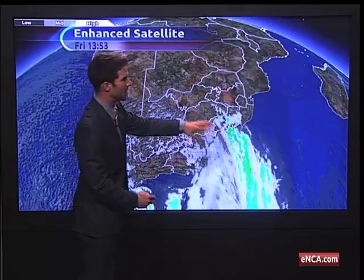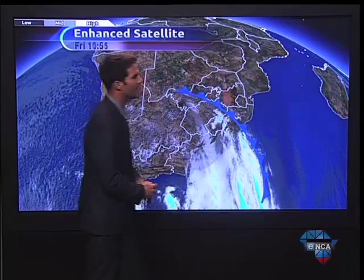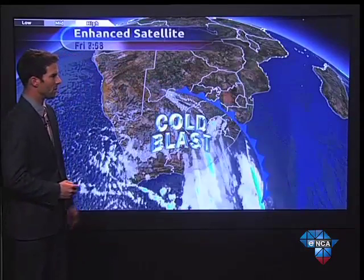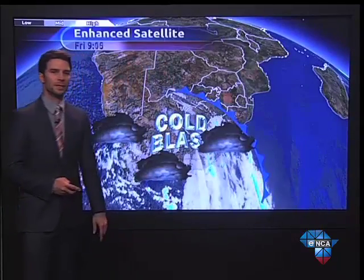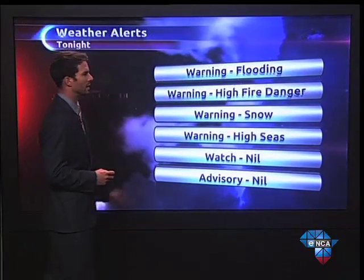And this leading edge of cloud cover actually is a great indicator where our cold front is located. And behind it, a cold blast of air is settling in. There's also rain showers scattered about from the northern Cape to the western Cape, the eastern Cape, and KwaZulu-Natal. We'll talk about your chances of rainfall in just one moment, but first, most importantly, let's look at the latest